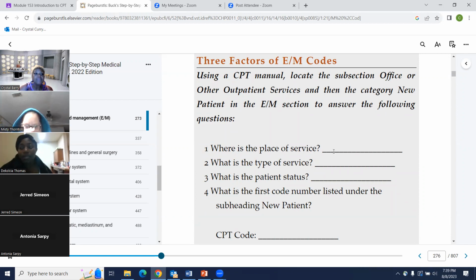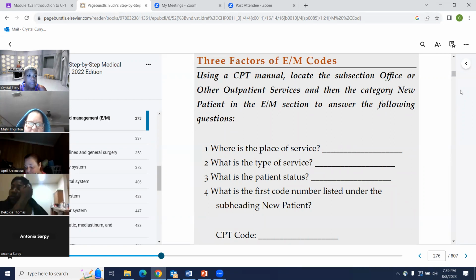Office, the hospital, and emergency room. Correct. What is the type of service? No, not for the type of service. The place of service is hospital, office visit. What is the type of service? Consultation, admission.